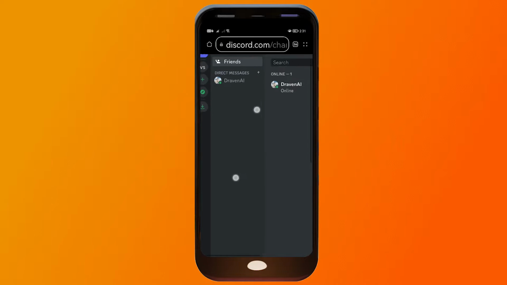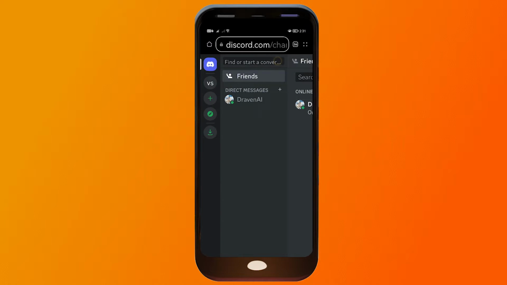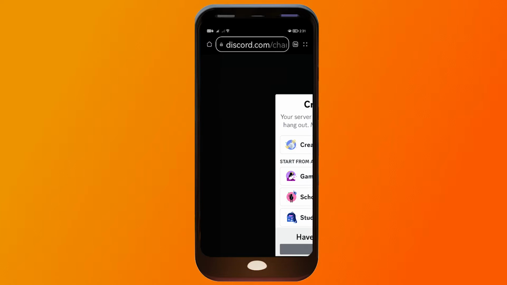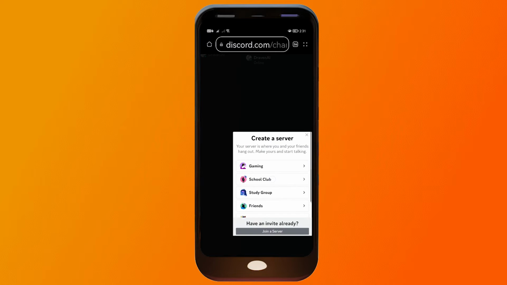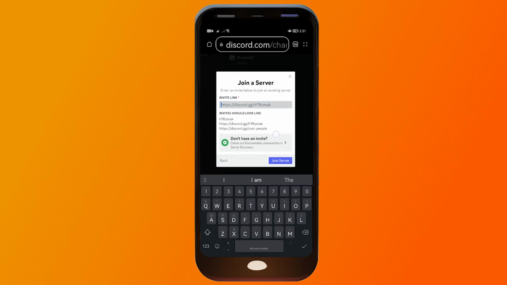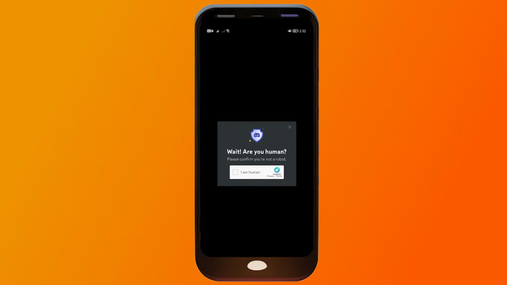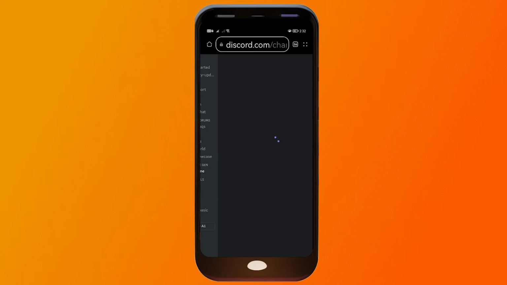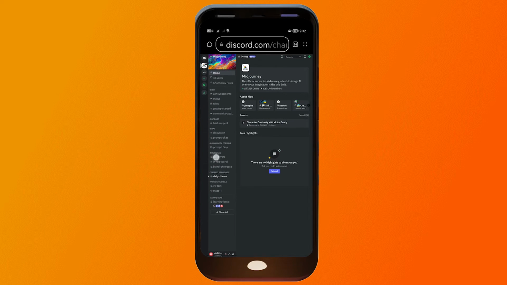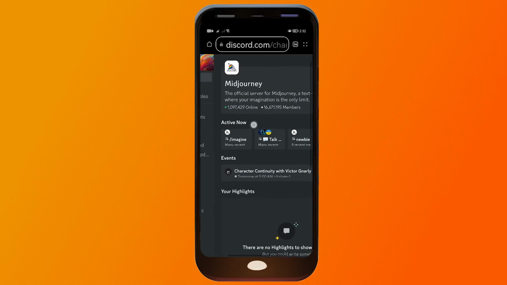Now, the first thing that we are going to do is add Midjourney. So you're going to go ahead and click this one here. And then in here, what you're going to do is click join a server. And then we're just going to type here Midjourney. Just like that, click join server. And we're going to verify that we are human. Click this one. Alright, we have successfully verified it, and as you can see, we have now officially joined the